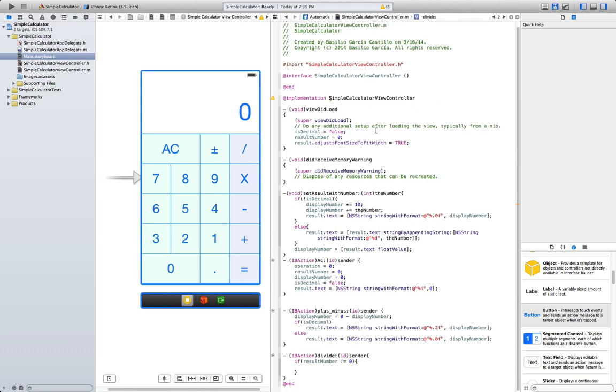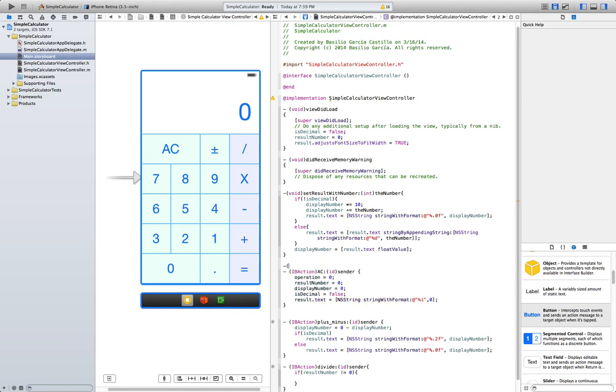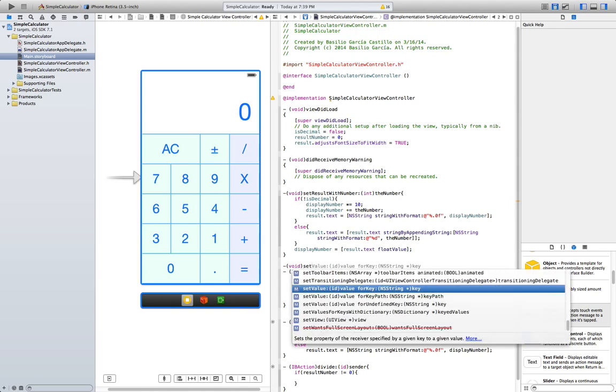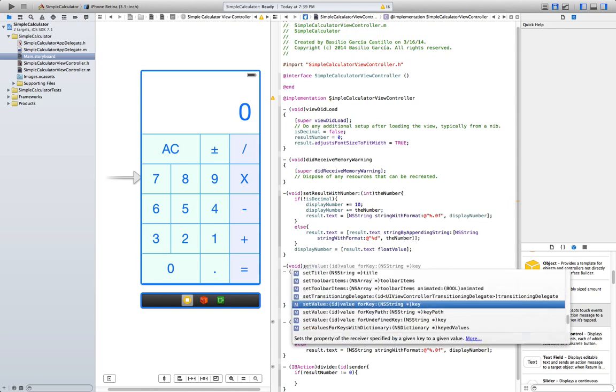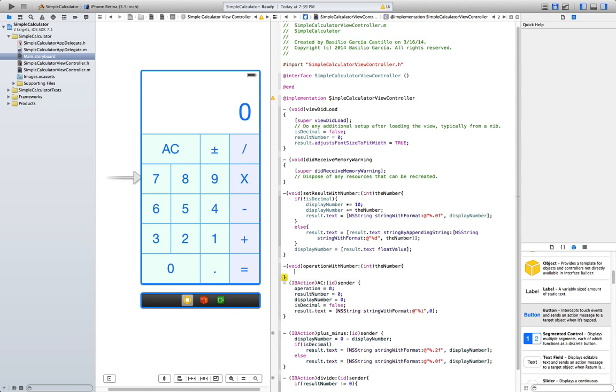Let's implement that. So we're gonna do it here. Void operation with number. This is going to be, well, first of all, we set decimal equal to false.